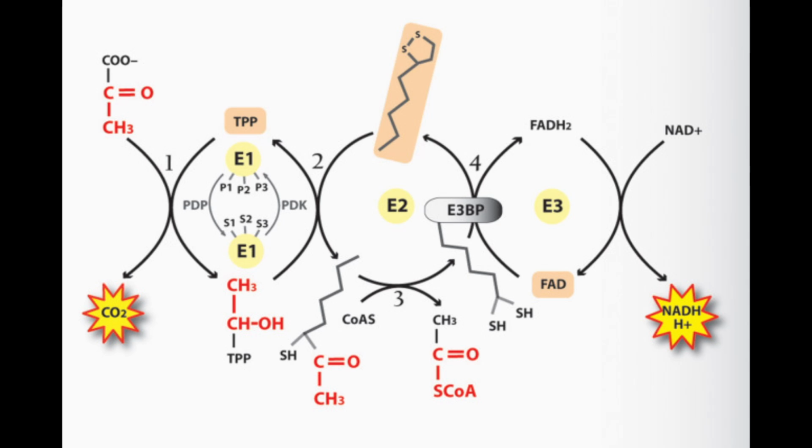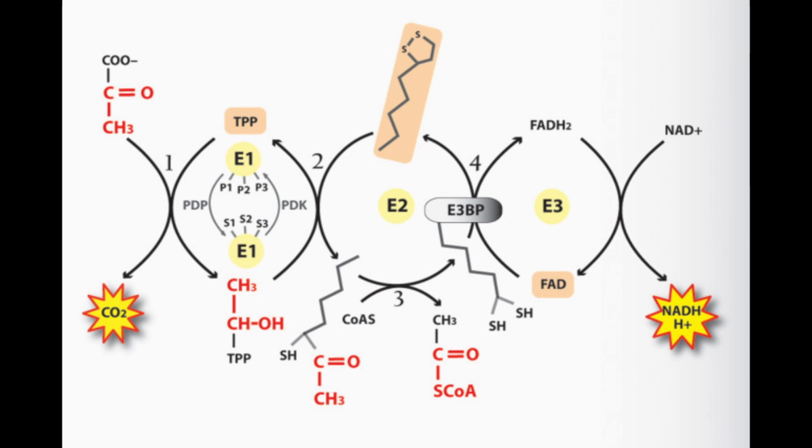And so if we look at the pyruvate dehydrogenase complex and analyze the three different enzymes involved in this complex, we'll notice that the first enzyme that plays the initial catalytic role with pyruvate is the pyruvate dehydrogenase, whereby pyruvate comes in and a CO2 group is cleaved off utilizing the TPP cofactor, thiamine pyrophosphate. So pyruvate comes in and thiamine pyrophosphate has a carbanion that will be utilized in a nucleophilic reaction with the pyruvate molecule. That is, there will be a nucleophilic reaction such that the electrophile here is the pyruvate's carbonyl group, and then a CO2 group will be cleaved off in the process. So this forms a hydroxyethyl TPP, and the hydroxyethyl TPP will then be utilized in the next reaction as a